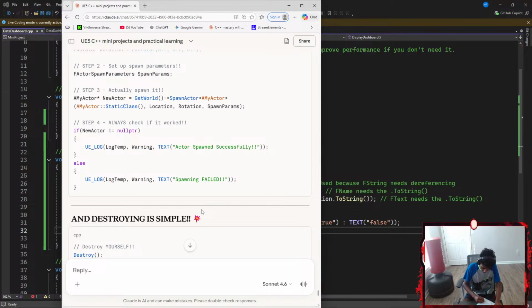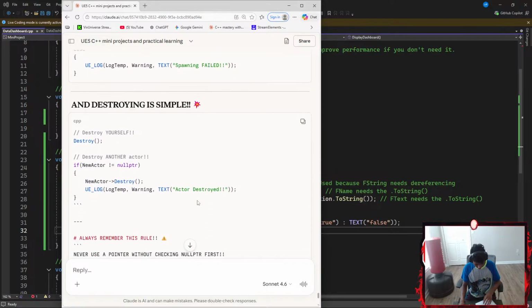Where I open my pair of curly braces again and add another UE_LOG that says LogTemp, and then the verbosity is going to be Warning. And lastly, my text is going to say something like "Spawning failed". Then I close my pair of parentheses, then my pair of curly braces as well. Okay, that was a lot to write, oh my gosh. Whew.